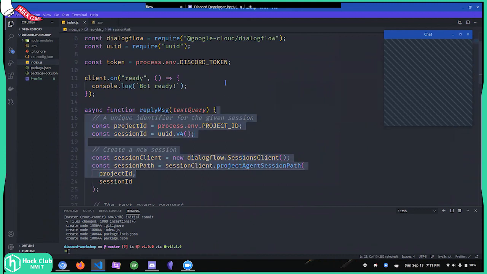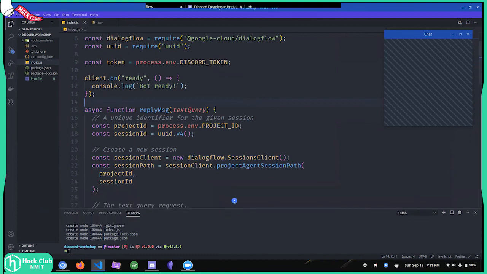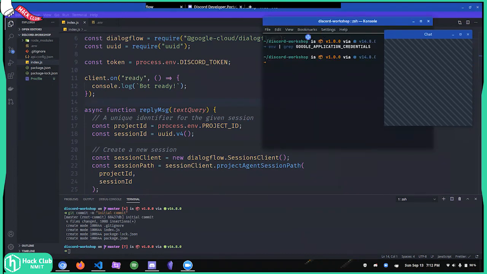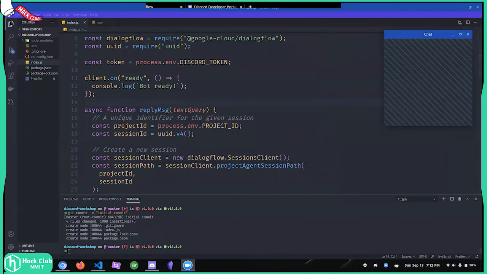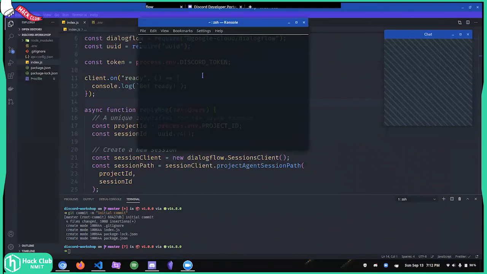Any more questions? Do you have to install a package to run npm commands on VS? No need, you don't need to do that. You can just open up a terminal. I was using the integrated terminal inside VS Code, but if you don't want to, you can use this terminal itself over here. I'm going to close the terminal and get it back again because the environment variables have to refresh. Then I'm going to run the bot over here, cd into the directory, and run the same command, node index.js.